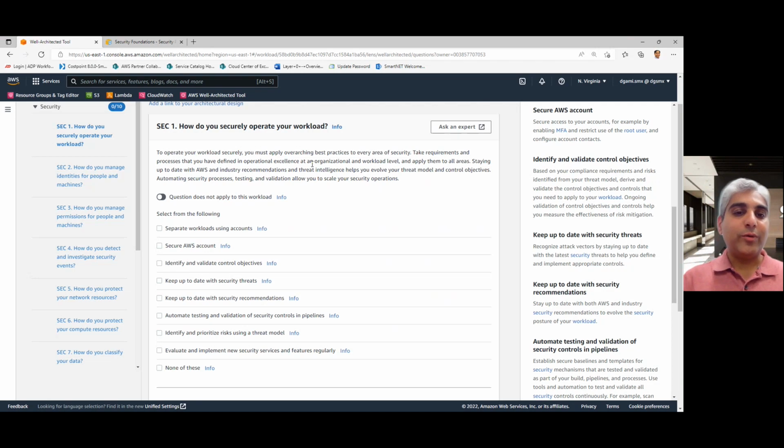Using a threat model is another way to identify and prioritize the potential risks. Threat models are potential areas, ways in which somebody could get access into your environment and then do damage. So what are the different ways in which you could get that damage happening in your environment? Defining that into a threat model and then looking at those risks to say which of these risks are going to cause us operational and revenue impact that is more than what we will be able to digest or take on,